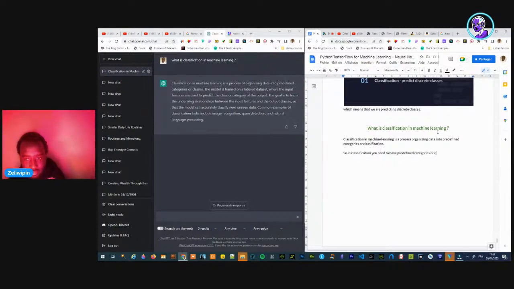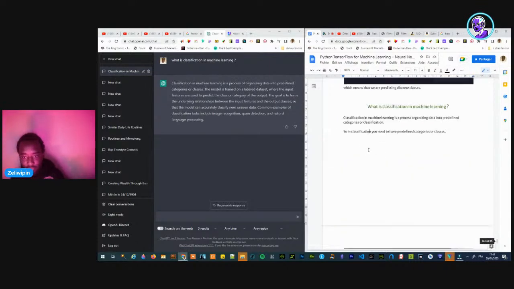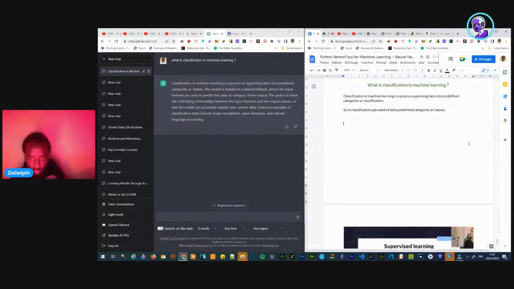The model is trained on a labeled data set like this one, like the one below.